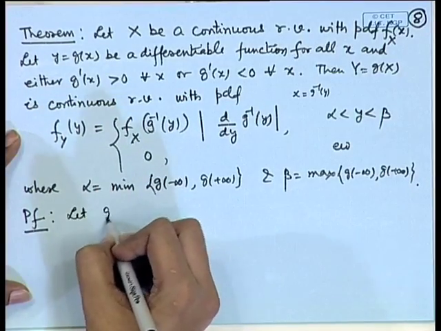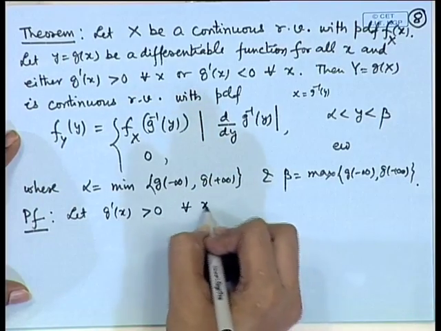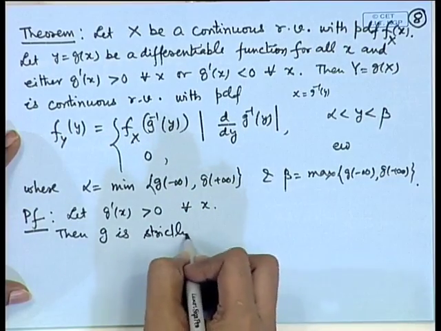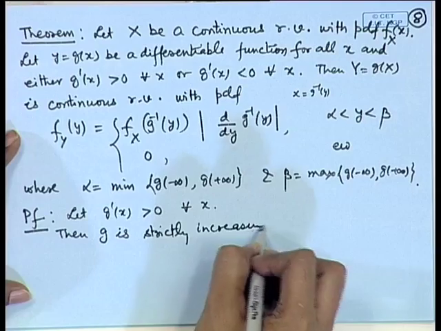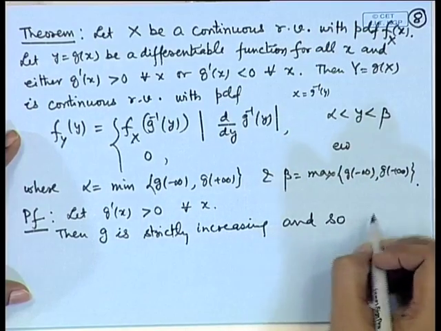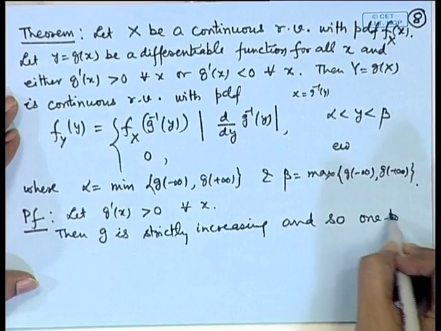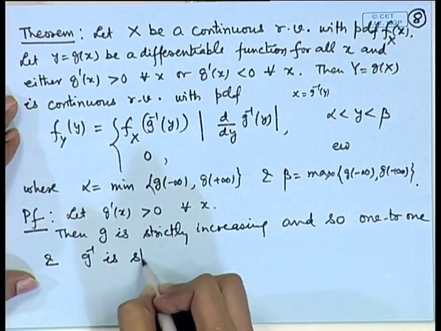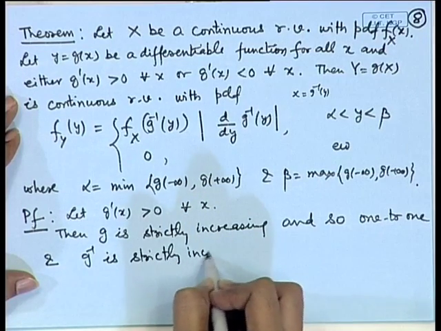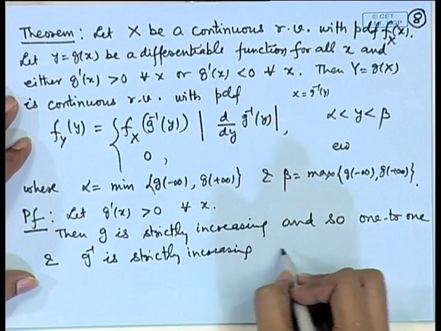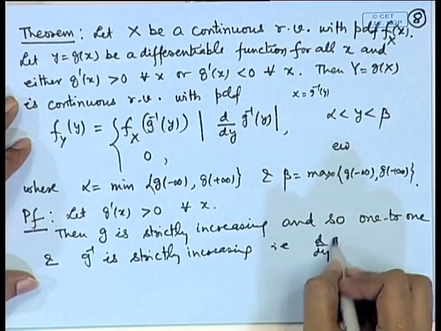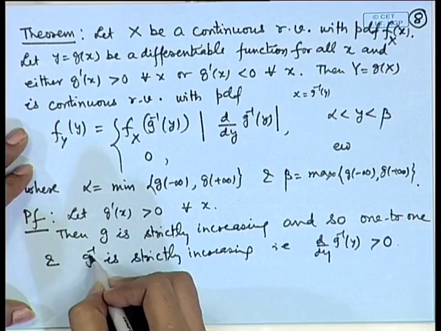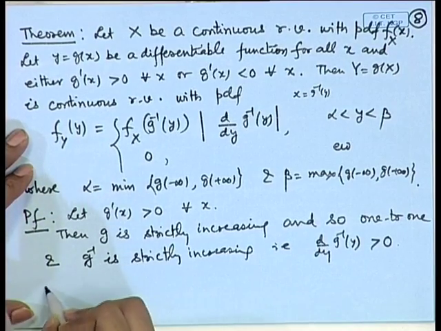So, let g'(x) be strictly positive for all x, then g is strictly increasing and so it will be a 1-to-1 function and g inverse will also be strictly increasing, that is d/dy of g inverse y will be positive, and this will be differentiable also. So, if we consider the